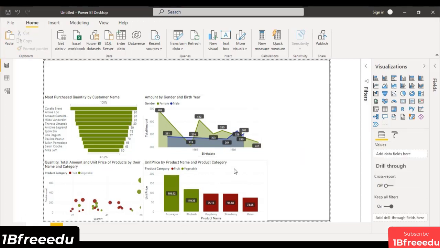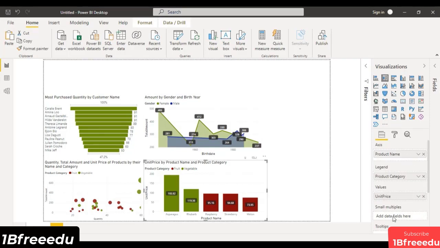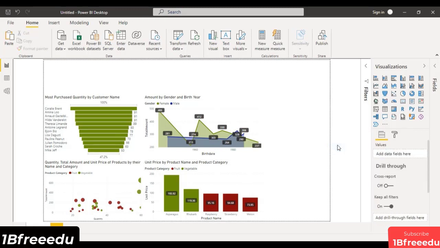Okay, similarly you want to make changes over here, you can do that as well. So let's just change unit price to something that is far more better understandable, that is unit space price. Okay, now again this totally depends on you, what all changes you want. You can just make it as per your wish. Now if you want to make some changes under the colors, then you can do that as well, but that's totally your choice. Okay, now what I'm going to do is leave the customization part on you.